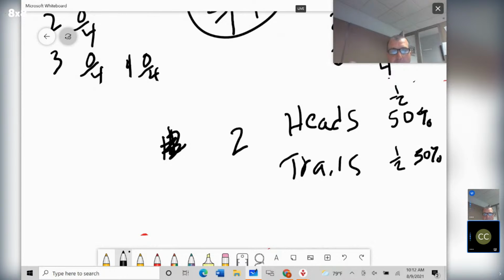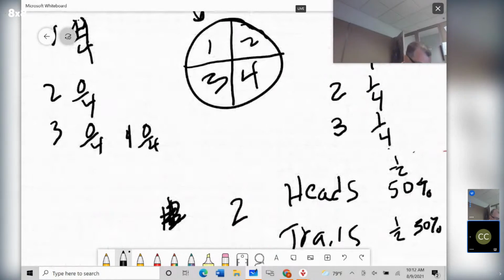Sometimes just by chance, that spinner might land on 4. If we do it 10 times, it might land on 4 6 times. It might land on 4 3 times. So it's not going to be even all the time, even though in theory you would think it's going to be 25%, 1 out of 4 times it's going to land on 4. So if I did it 100 times, you think, well, it's going to land on 4 25 times, 1 out of 4, 25%. That's not the case. Do the experiment, your numbers are going to be a little bit different.